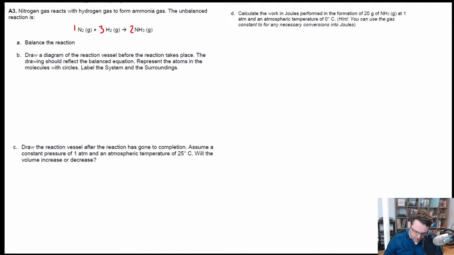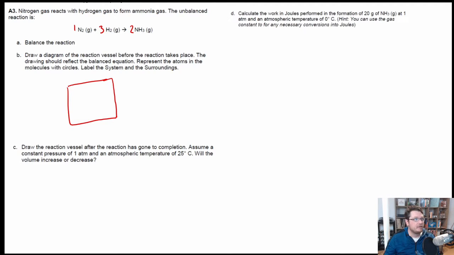And so now the question is more of a thinking problem: what does the system look like? What do the surroundings look like? In this case, we have simply essentially a box where we have our molecules. And inside of that box, before the reaction happens,